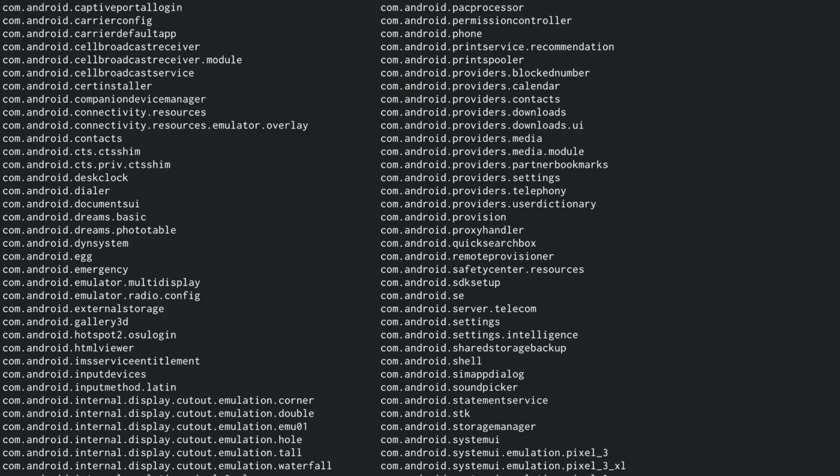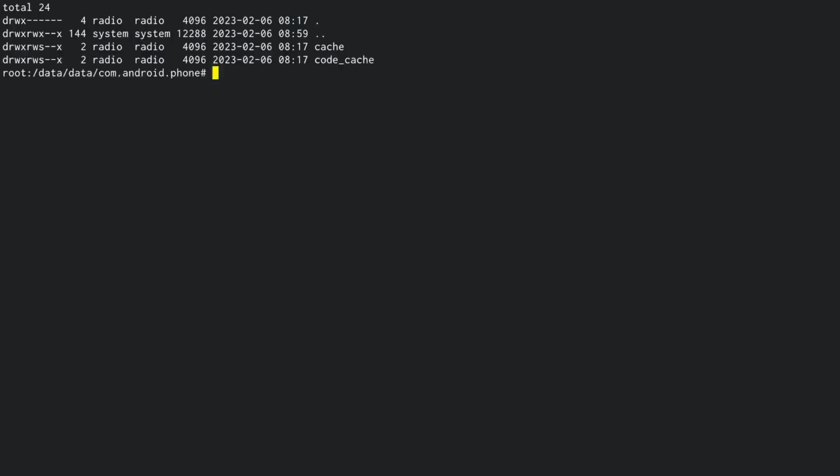So let me say cd com.android.phone, and over here if I do ls -la, you can see this is basically owned by a user called radio, or user value radio. So if I go back out